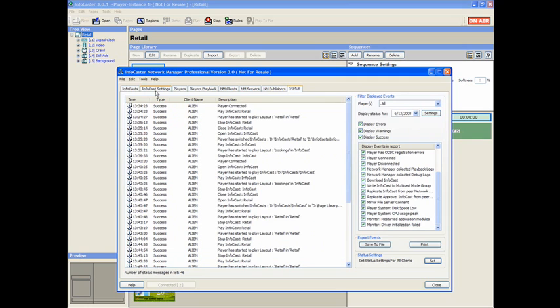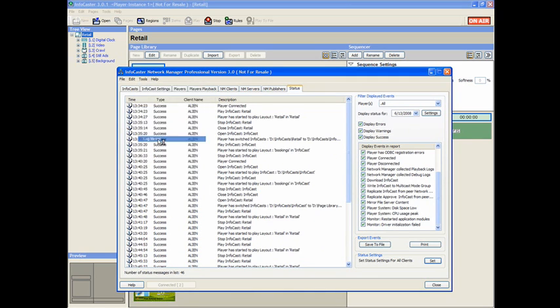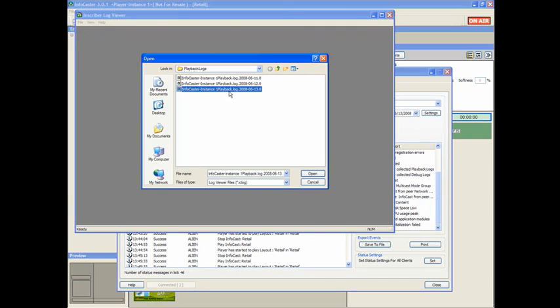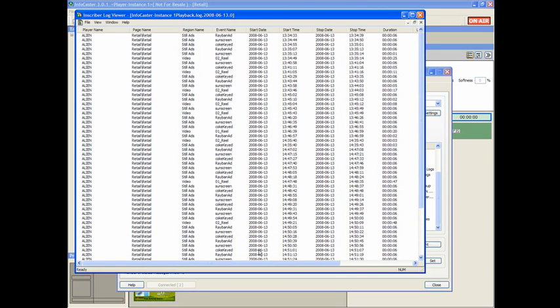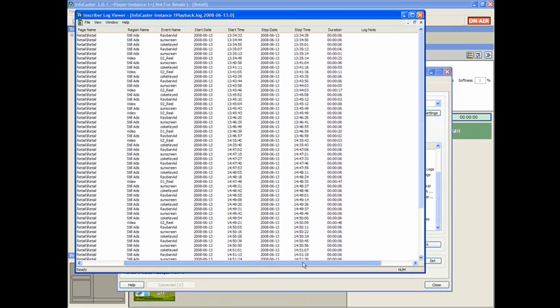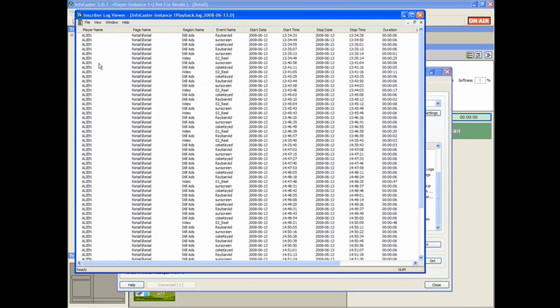InfoCaster Network Manager can also look at the logs that are generated from the players and can collect them automatically. From here you actually see the raw log of when content played on what page, and in what InfoCast, and in what region, including log notes. Also has a built-in query engine